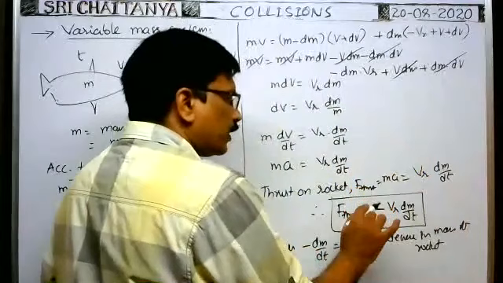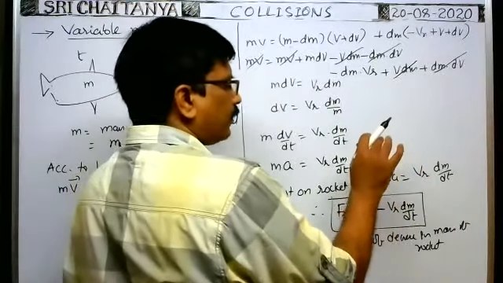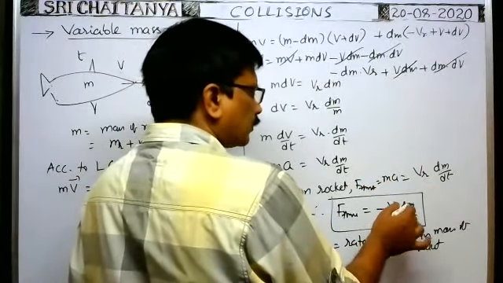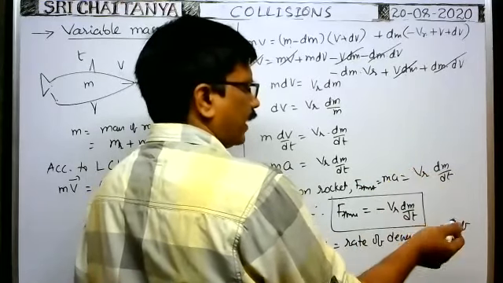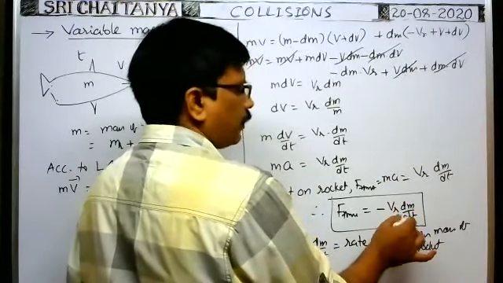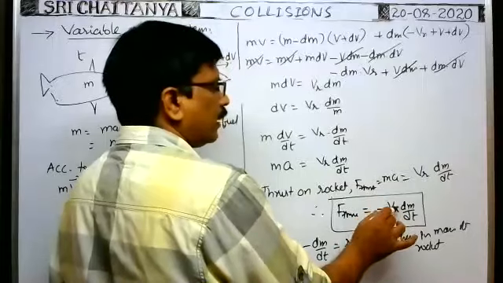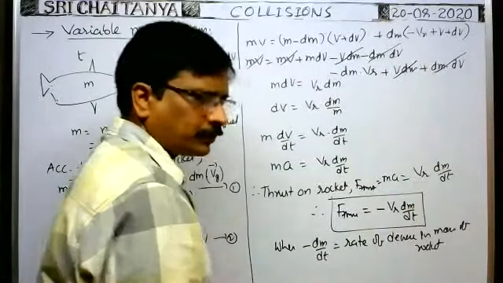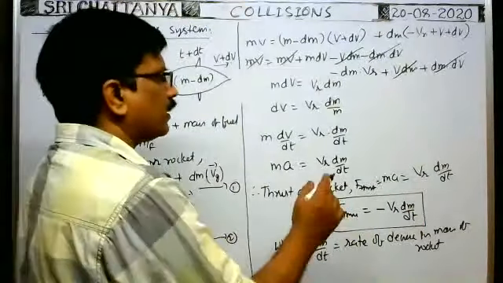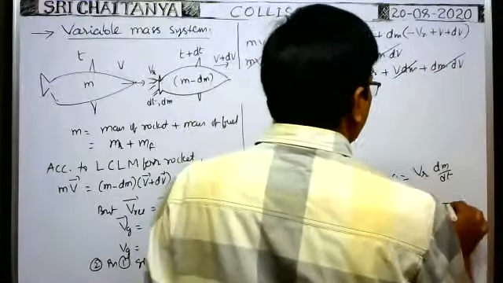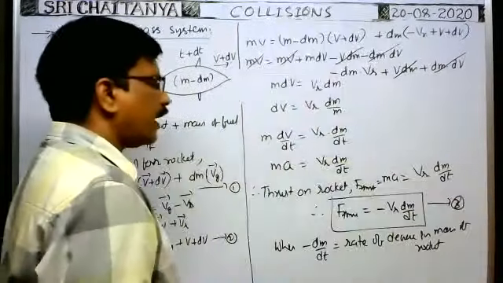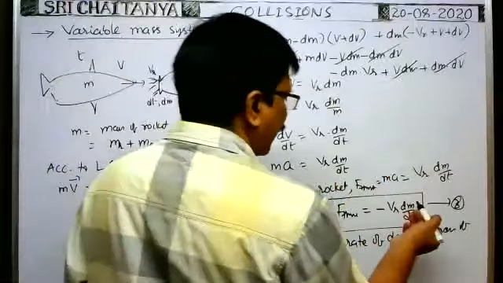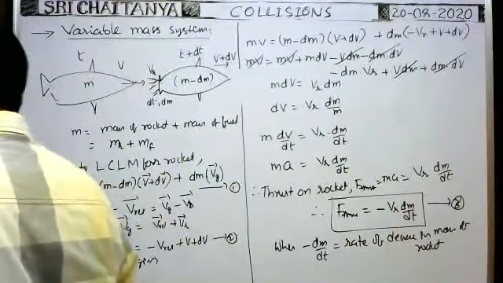While substituting the data, suppose the rate of decrease in mass of the rocket is some 10 kilogram per second. You have to write minus 10 kilogram per second. Minus minus cancel. Then Vr into 10 you will get. Then that is the thrust on the rocket. So this is a very, very important formula. Thrust on the rocket is equal to this one. Suppose you take the magnitude directly, we can write